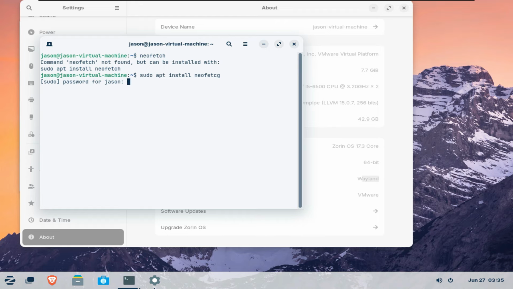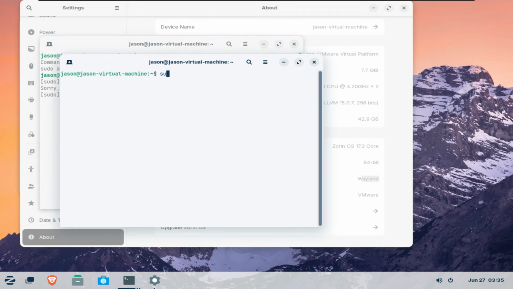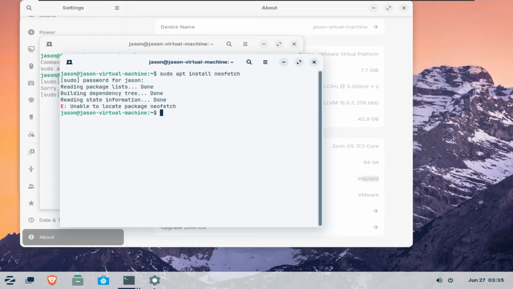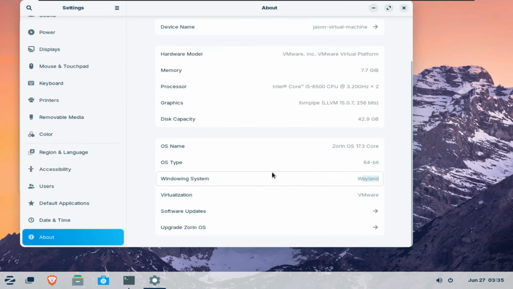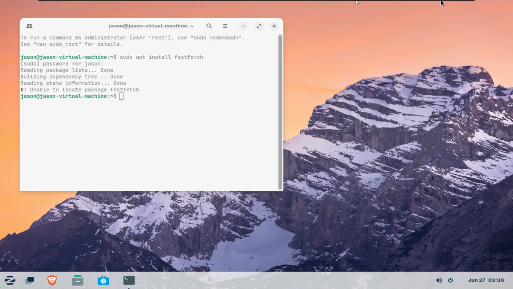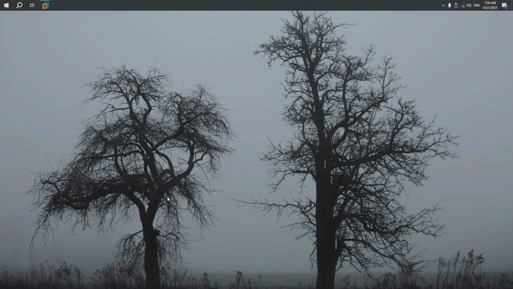Maybe, oh, I misspelled it, dude. Come on. Open another terminal. I don't have time. Sudo apt install neofetch. Come on. Why? Do I have to update this? Reading package lists. Probably have to update this thing. I want fastfetch. If I'm not gonna have fastfetch, I'm not gonna finish making this video. I swear to God. Come on, open Brave. God damn it, this thing is slow. Oh my God, man. You're wasting my stupid time.